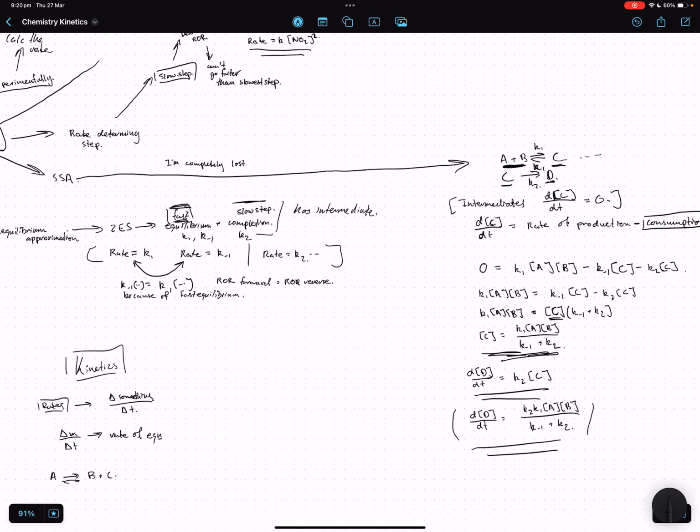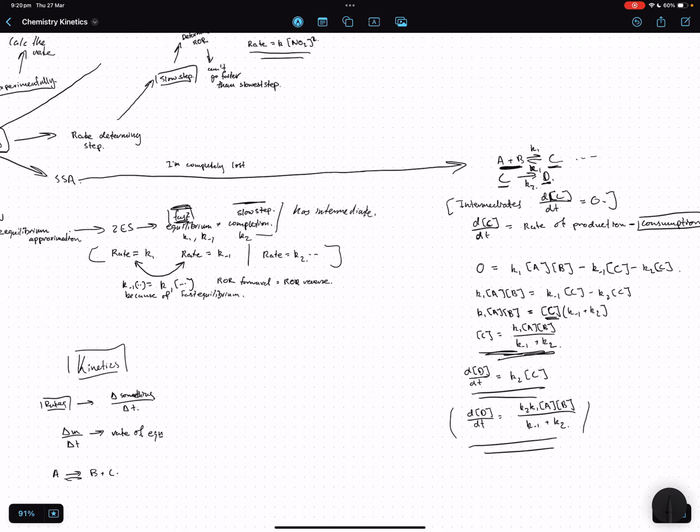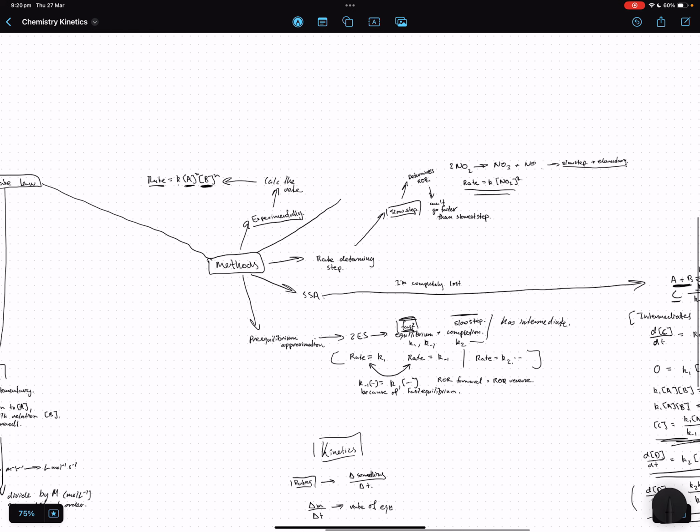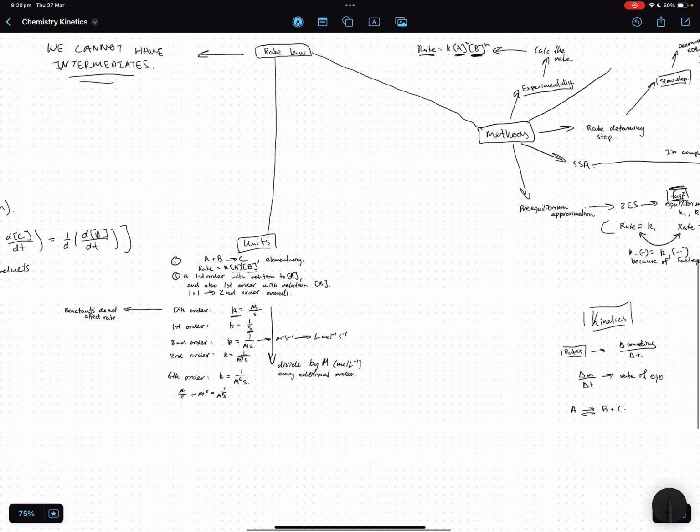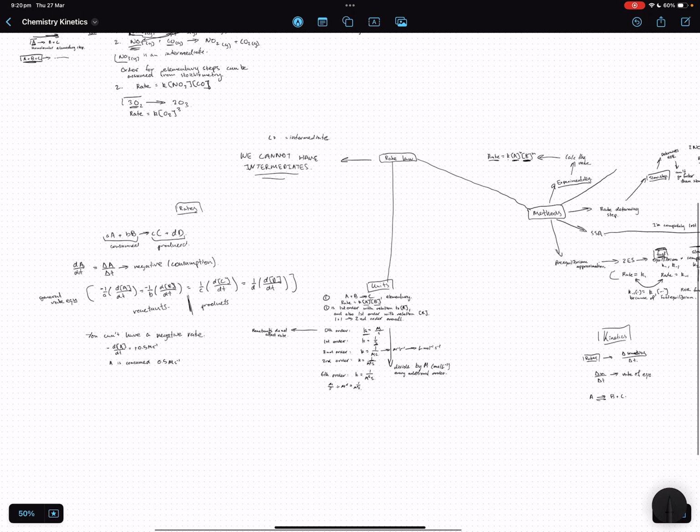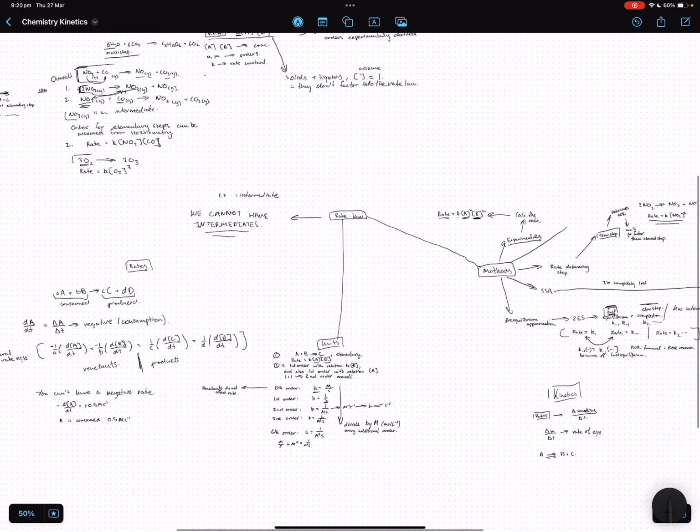Sometimes they predict different things, because the maths doesn't always work out. That's just what you have to remember, and just remember the methods realistically. So that's a pretty basic overview of kinetics, rate laws and